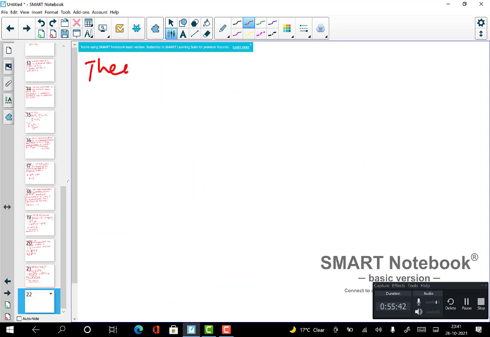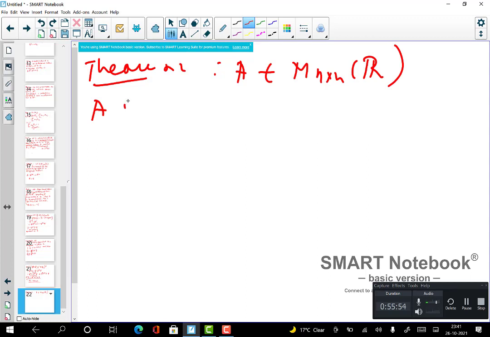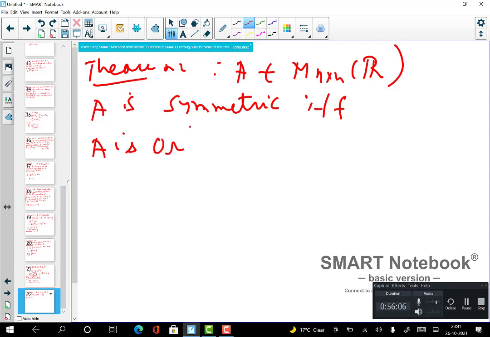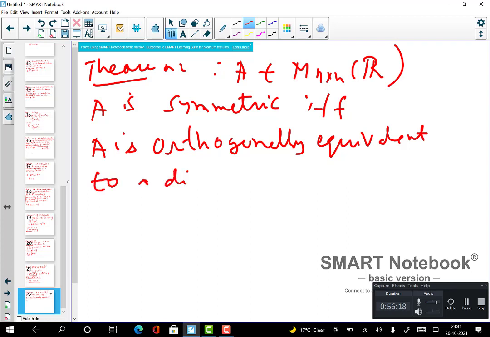So next theorem, the same similar theorem, similar proof. Just let me write it down. So if you start with A in terms of n cross n over R, real numbers, then what you can say is that A is symmetric if and only if A is orthogonally equivalent to a diagonal matrix. And the proof is